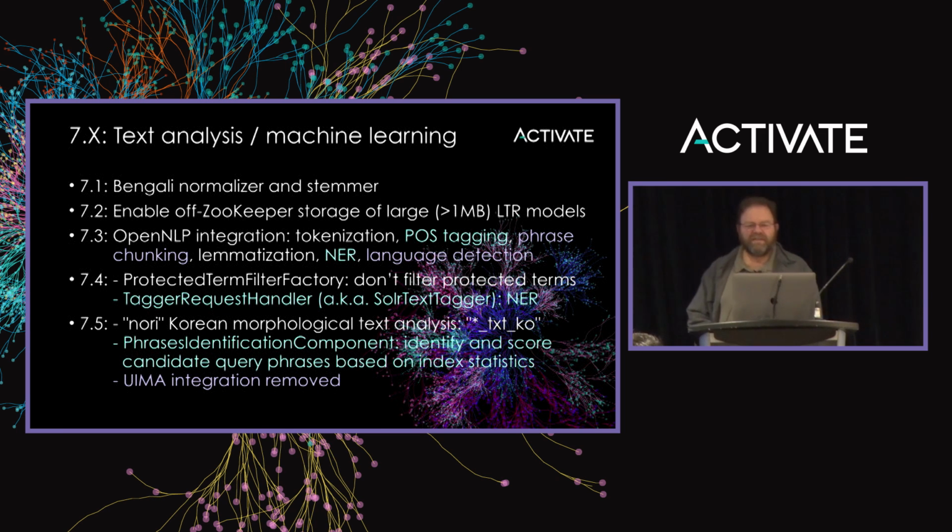Next topic for 7.x, text analysis and machine learning. In 7.1, a Bengali normalizer and stemmer were introduced. In 7.2,